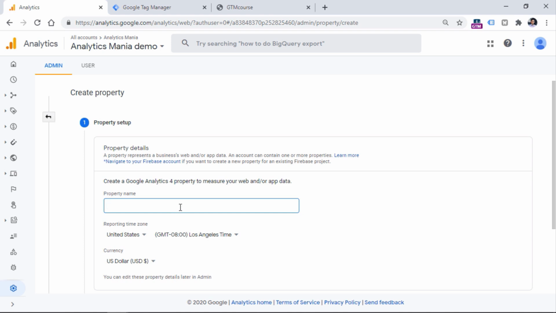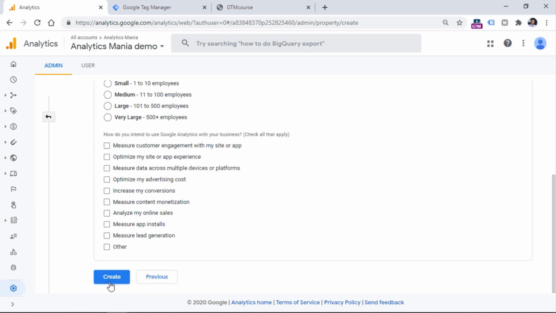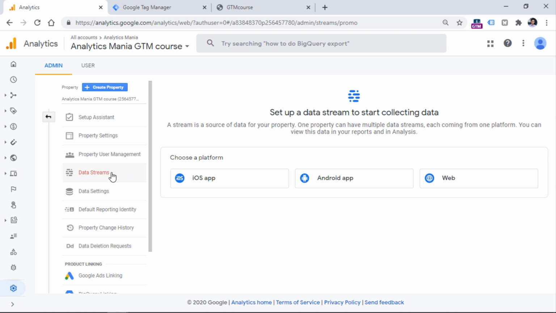Then you should enter the property name. So it can be something like Analytics Mania GTM course or something like that. Then choose your reporting time zone and your country, also the currency that your business is currently operating in. Then click Next, answer several questions, or just click Create, and you will be automatically redirected to the Data Streams